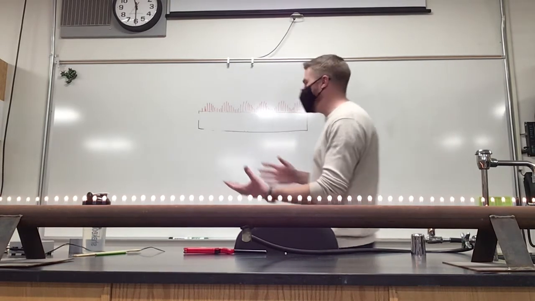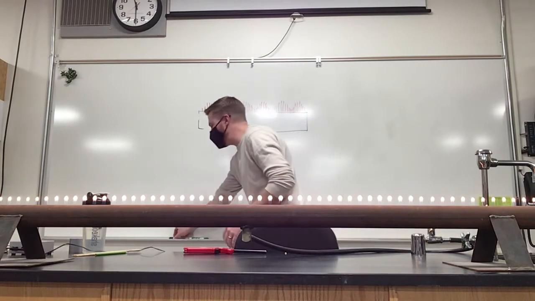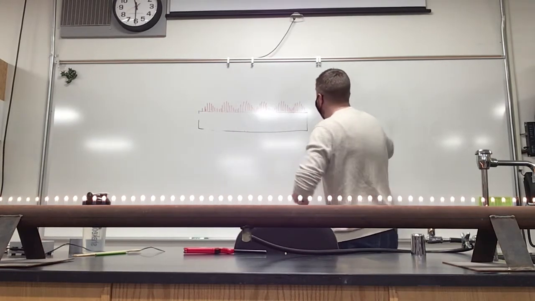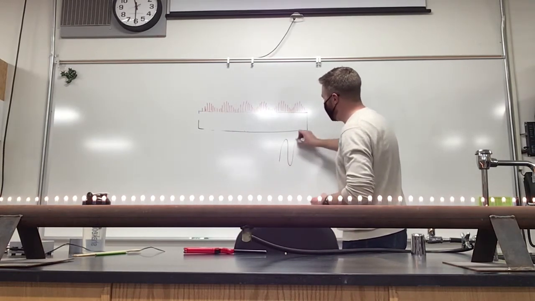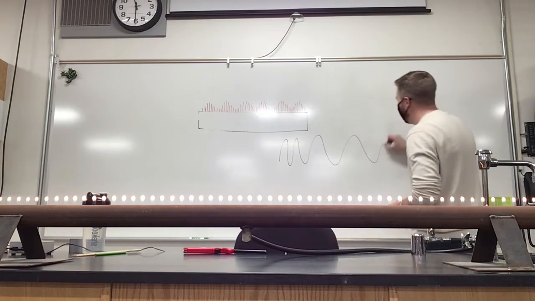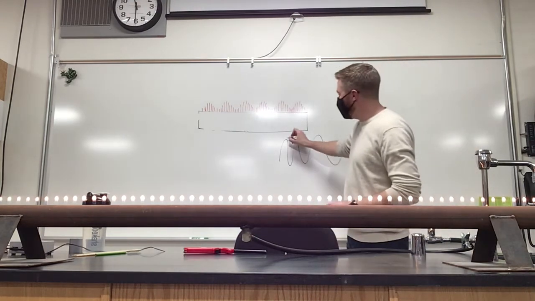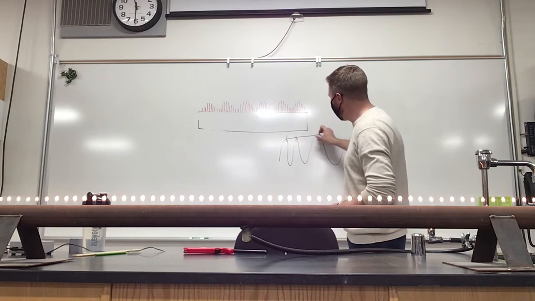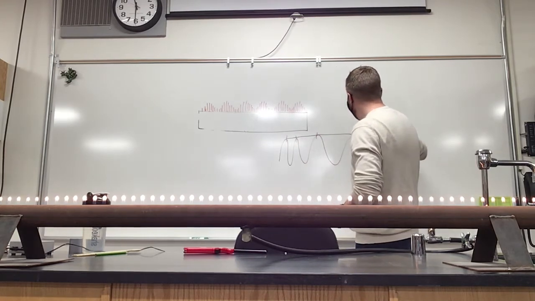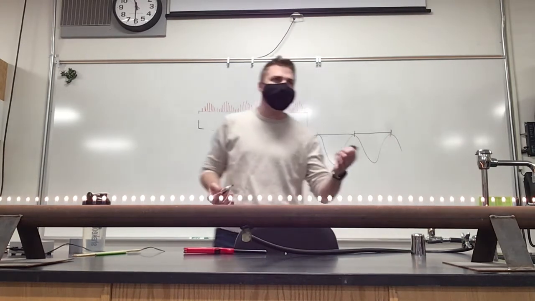The waves that get farther apart. So if we were to draw that, it might look like this, where the waves are close together and they get farther and farther apart. If we were to look at wavelength, we see a closer wavelength and then it's farther, farther, and farther apart. Right? That would make sense.